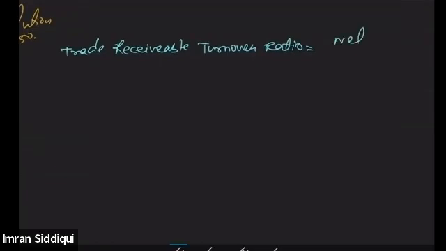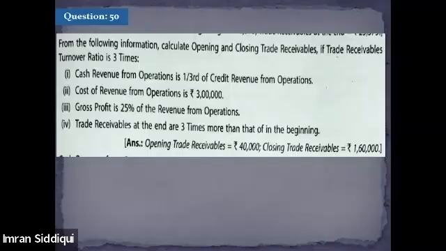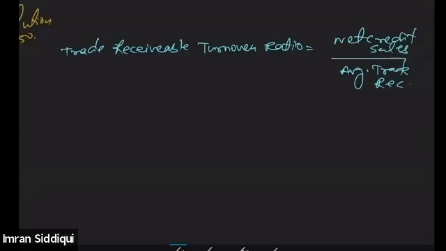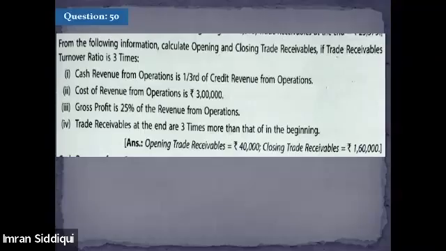Formula for this is net credit sales divided by average trade receivables, right? Now, the trade receivable turnover ratio is already given in the question, which is 3 times. So it is 3. And we need to find out the net credit sales,